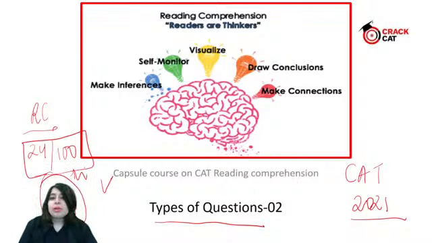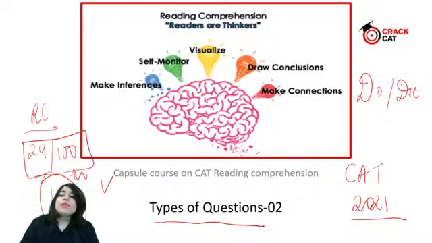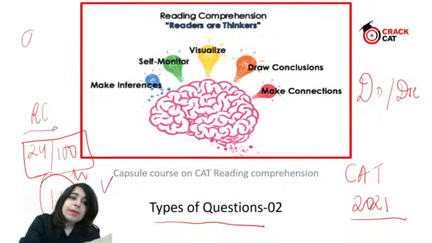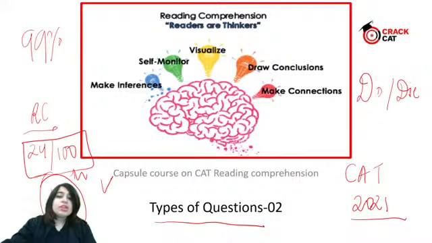So more or less what we are looking at is that it is like a do or die situation. Either you prepare yourself for RC, or else you completely lose your hope. And here, while preparing you guys for the CAT examination, I'm just trying to prepare you guys for 99 percentile and nothing less than that. So when we are preparing ourselves for a percentile like such, we have to ensure that we are targeting those areas which are completely known to be coming on the examination as a major chunk, and reading comprehension remains such an area.